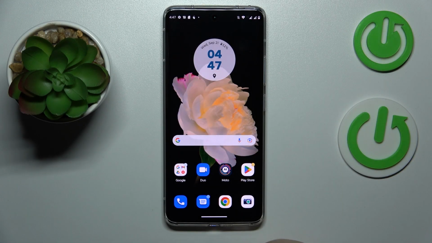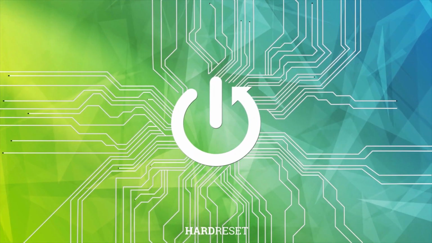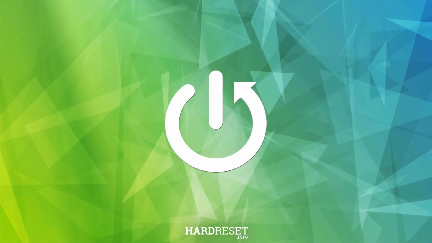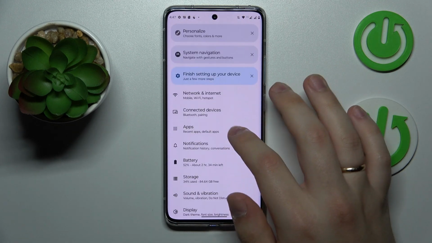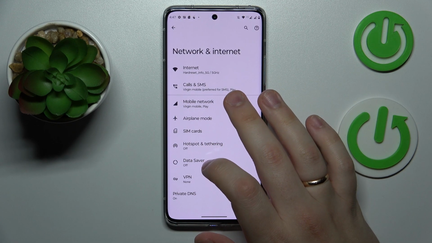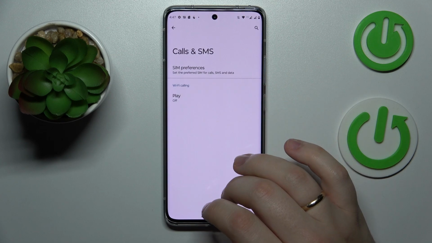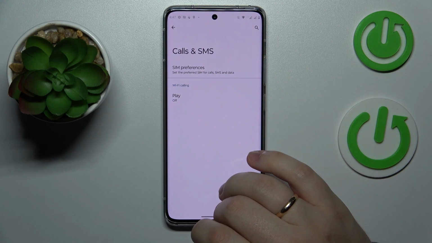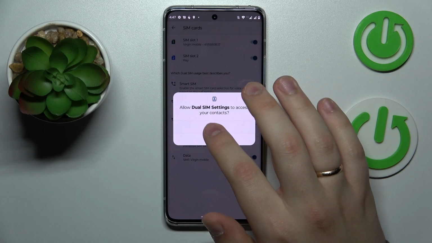This is Motorola Edge 30 Fusion, and today we would like to show how you can switch the SIM card preferences on this device. First of all, you need to launch the settings. In here, enter the network and internet category, then go for the calls and SMS, SIM preferences, click on allow